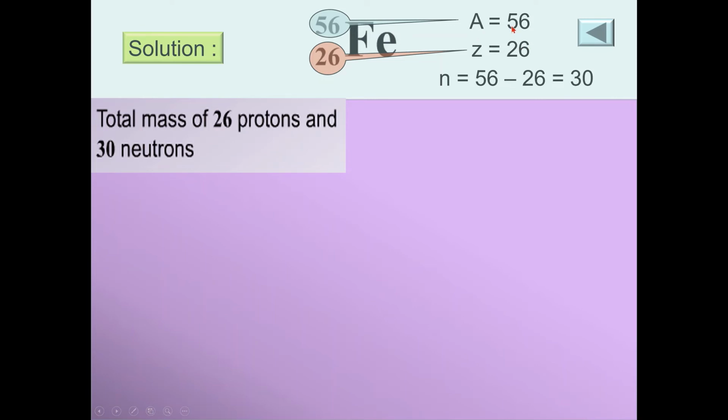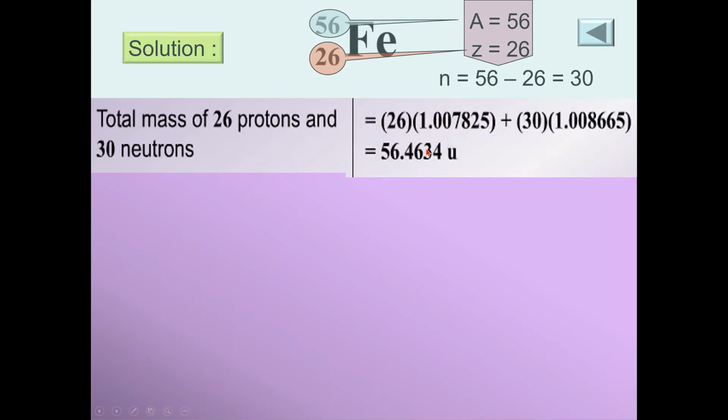A is the number of nucleons, and nucleons consist of protons and neutrons, so 56 minus 26 gives 30 neutrons. So the total mass will be 26 times 1.007825 plus 30 times 1.008665,